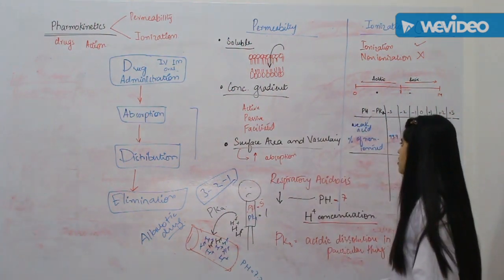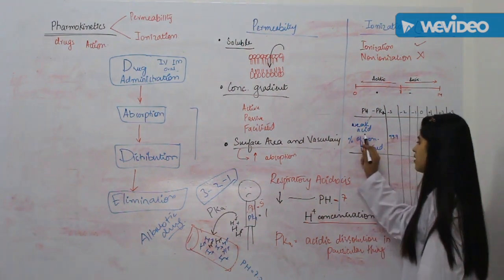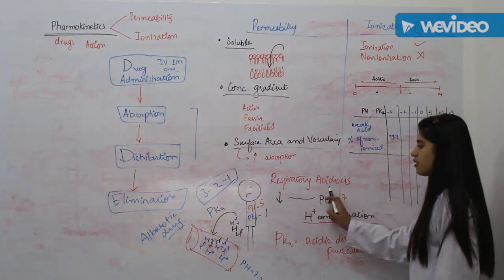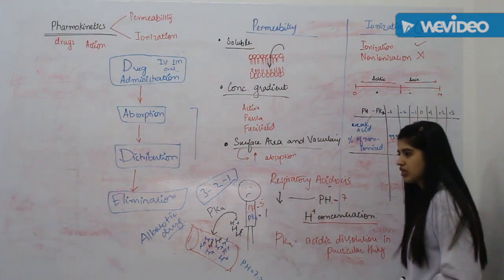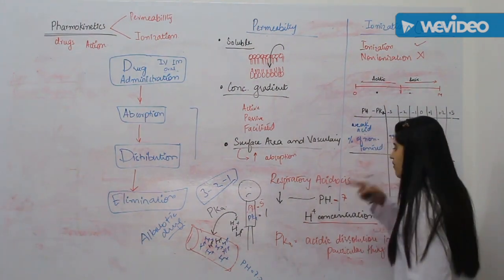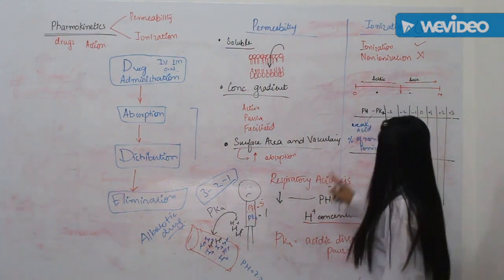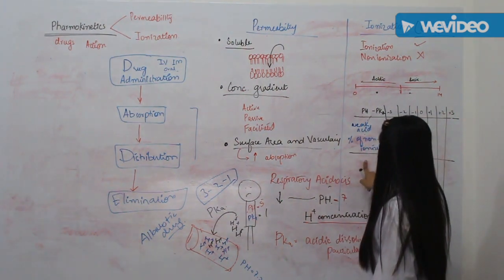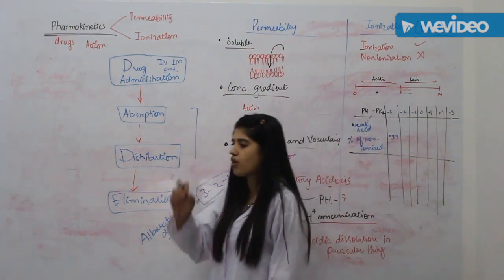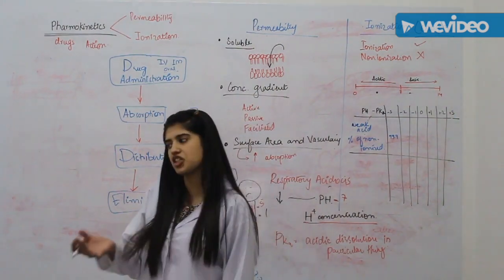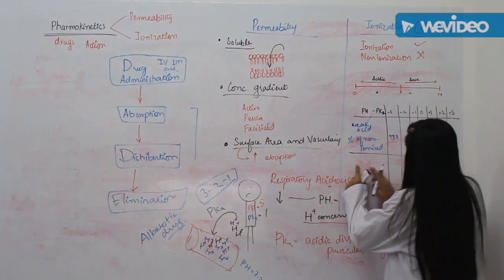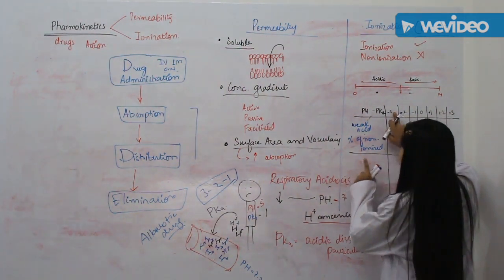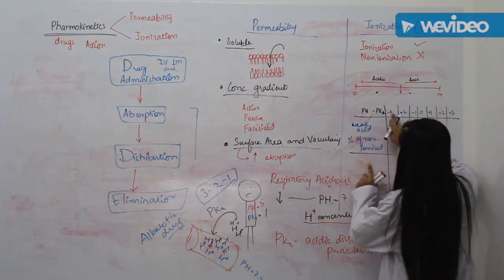Okay. This is the simple condition which I want to put in your minds. Now what happens? Weak acid we will give to this person with respiratory acidosis. Weak acid means strong base, so we have to give this person the strong base. This is the percentage of non-ionized form. Non-ionized form is the best form of the drug. Uncharged. Okay? So at this specific condition, if the difference between the pKa and the pH of that drug is -3,